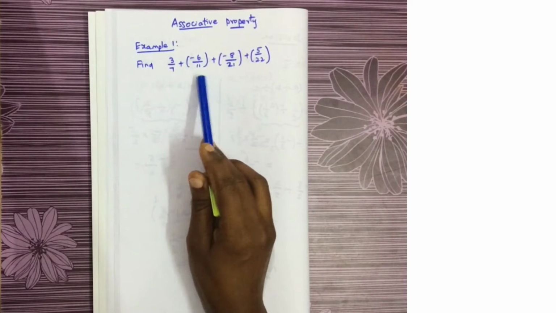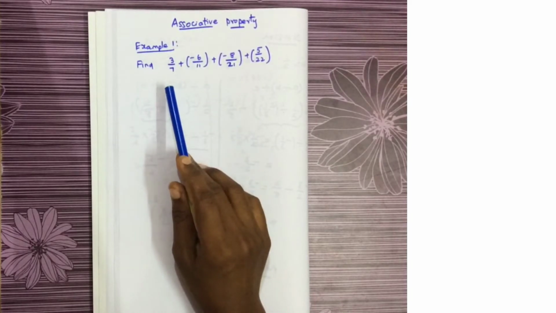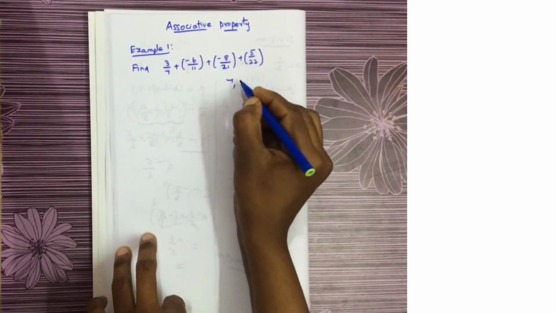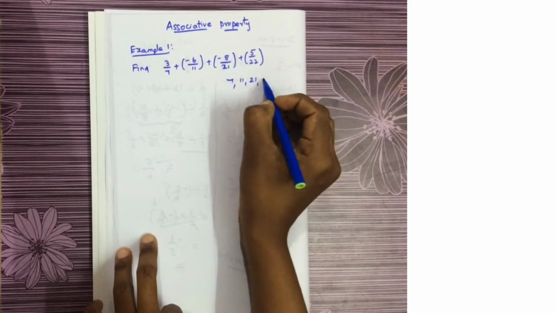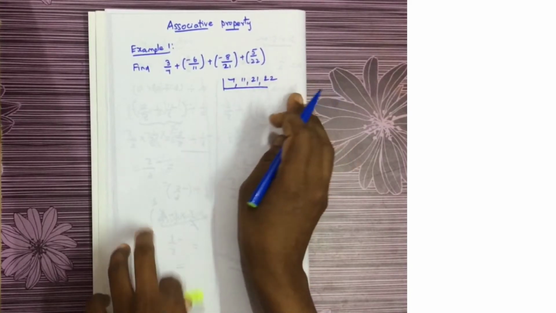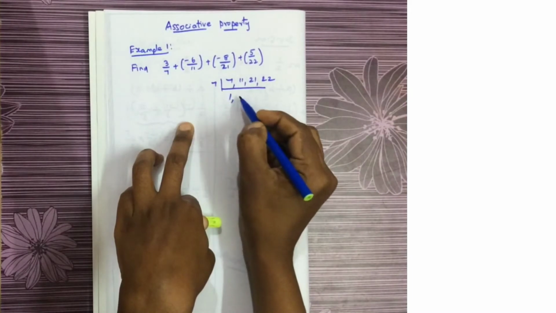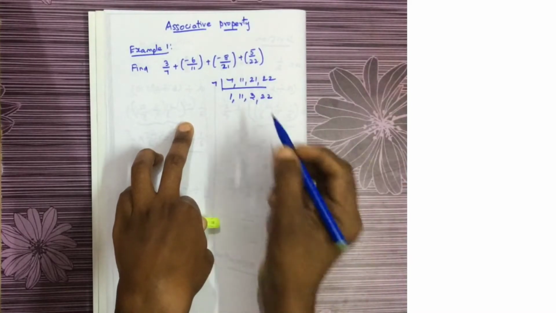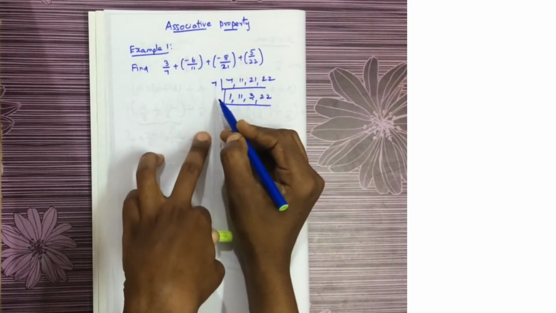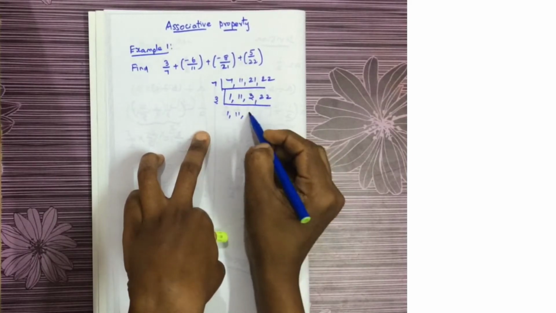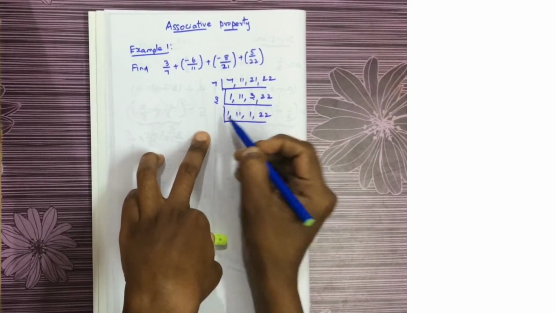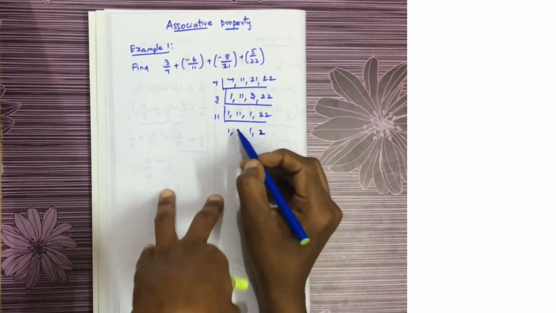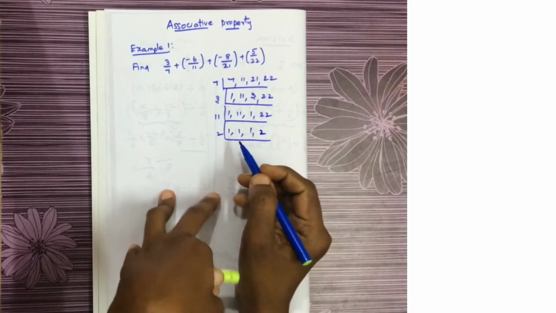When the denominators are different, the first thing you keep in mind is that you have to take the LCM. So how will you do the LCM? The denominators are 7, 11, 21 and 22. 7 ones are 7, 11, 7 threes are 21, 22 you can write there. Then again for 3, 11: 3 ones are 3, then 22. Again 11, 11 ones are 11, 11 twos are 22. Then 2 will come here. So the LCM is